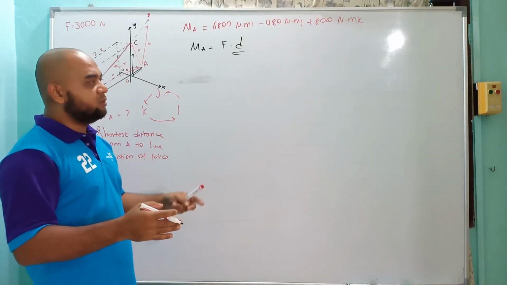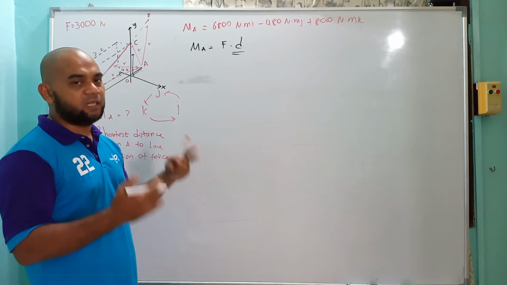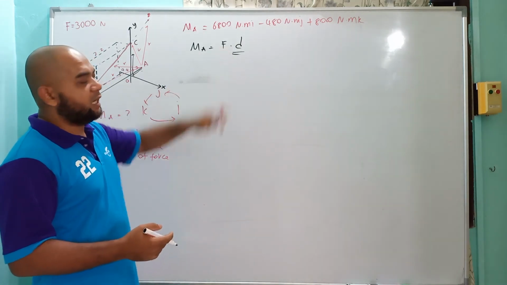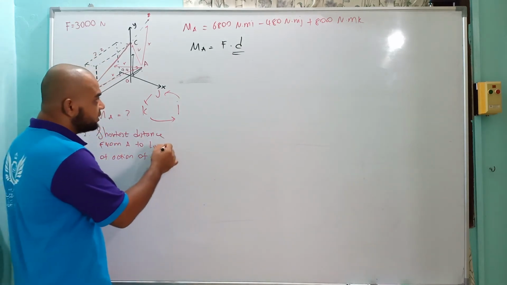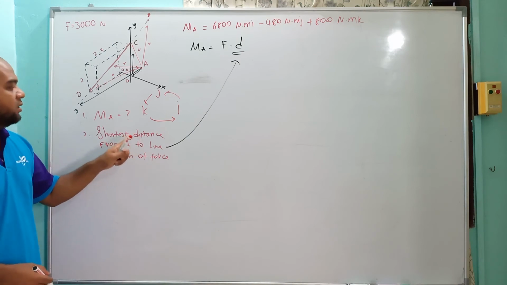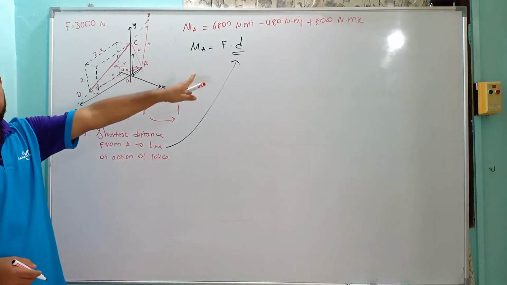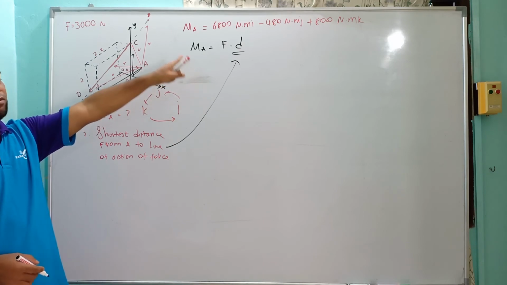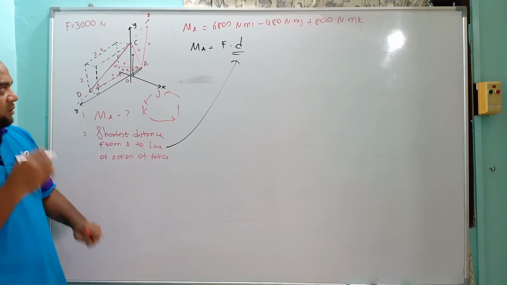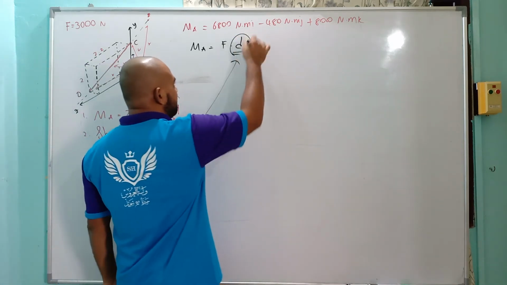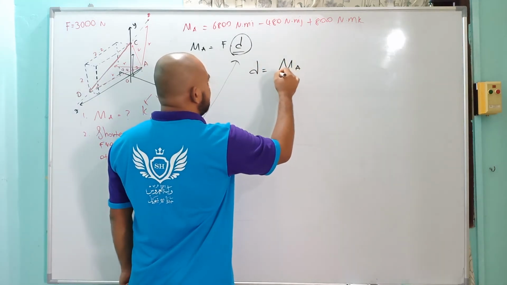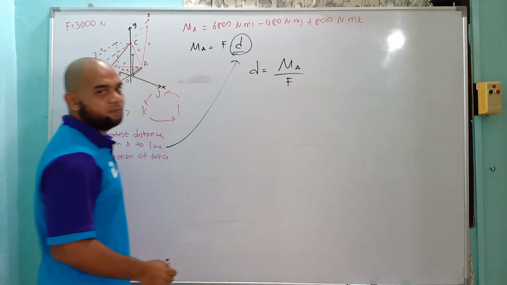Okay, 90 degree to the line of action of force to the point, so there is the shortest distance from the force to the point, from the point to the line of action of force, which is, in this case, this is already the D. Question asks to find the shortest distance from A to the line of action of force, that is the D. Okay, so by using this definition, we can directly calculate the value of D. So we go do it one by one. So in this case, D is equal to moment of A divided by F.